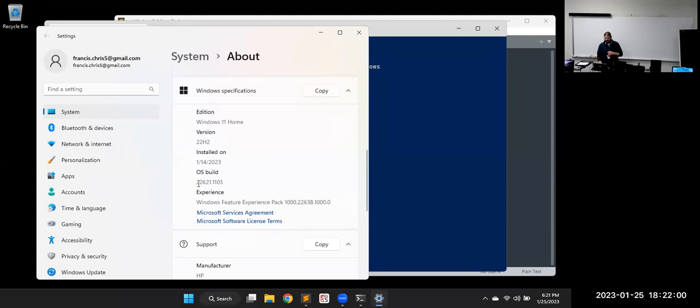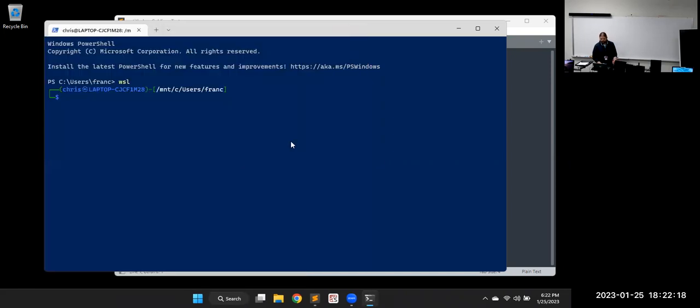If your Windows 10 starts with a 20 or bigger, or Windows 11, obviously, you can go to System and then the About System, and on OS build, if it's Windows 10 starts with a 20 or bigger, you can do the full Windows subsystem for Linux.